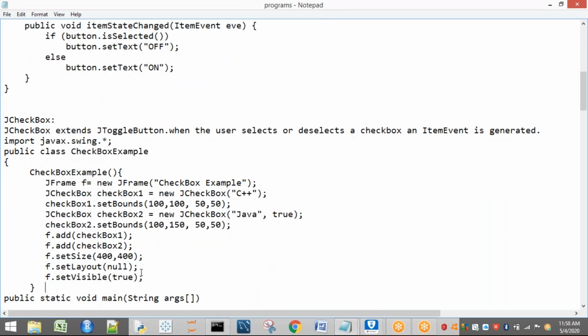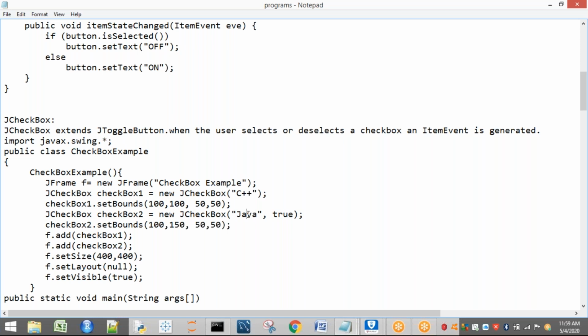See here, I'm having two checkboxes, one is Java, another one is C++. If I want the text, that means Java, then I have to use a method called getText. Don't worry, we are not going to see these methods in our example. Just remember two important methods we can use: isSelected and getText.